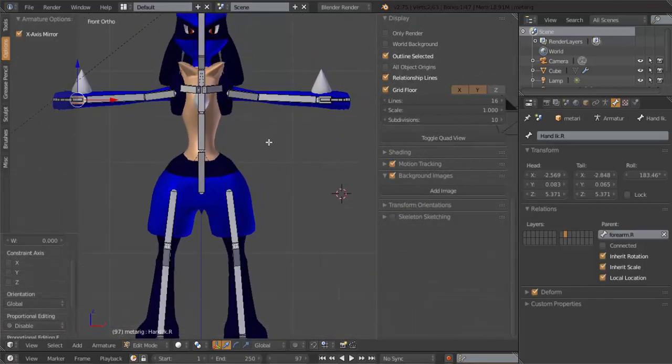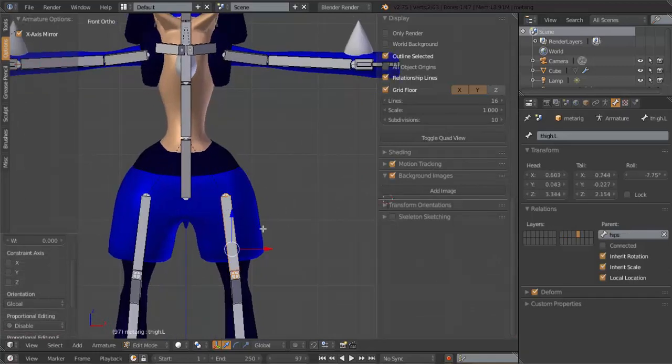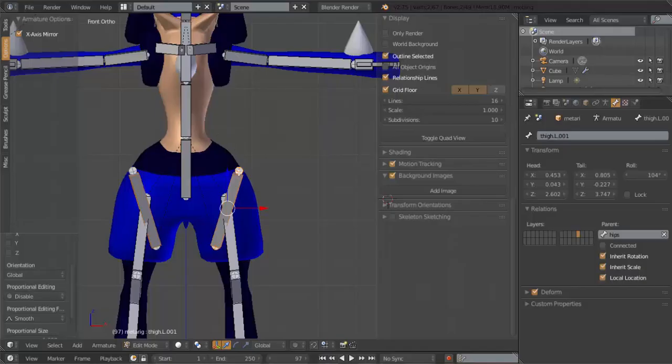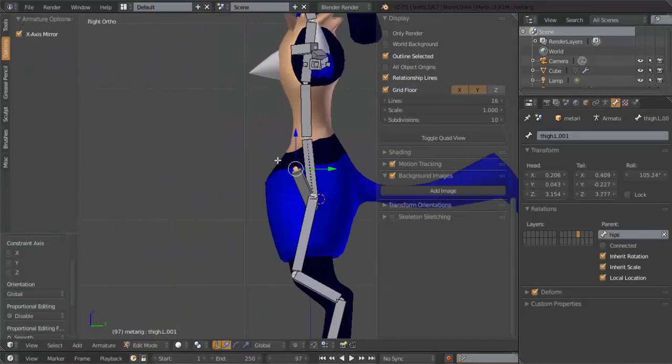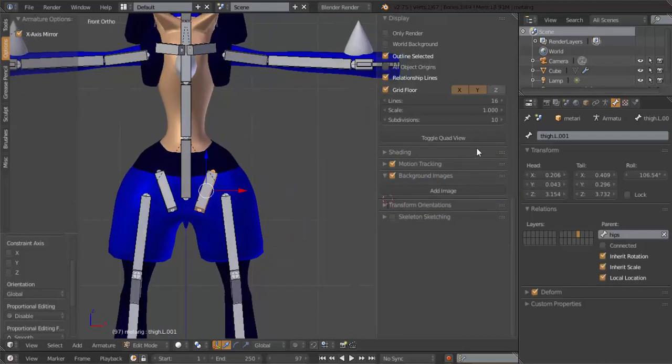Now we need to make a few stabilizer bones in here, but just for the legs. So select this leg bone here, hit Shift D, R to rotate, G to grab, select this part here, move it down, and then move it back like so. And we're going to name this thigh stabilizer